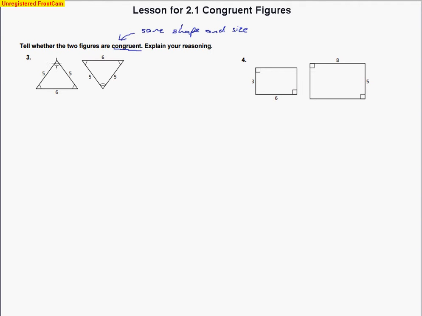So we look at this one, and here we have 2 marks, and here we have 2 marks. Here we have 1 mark, and we have the same as this on this triangle as well. So this is an isosceles triangle. And we look at the sides, and we've got 5 and 5, which we have the same sides here, 5 and 5, and then 6 and 6. So yes, this is congruent, and we would say yes, congruent,